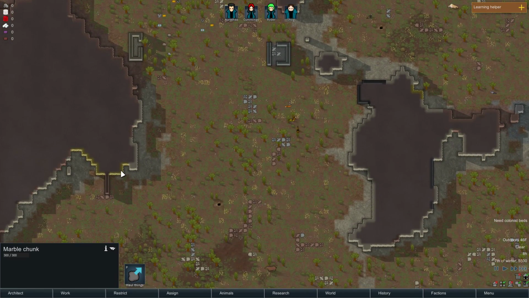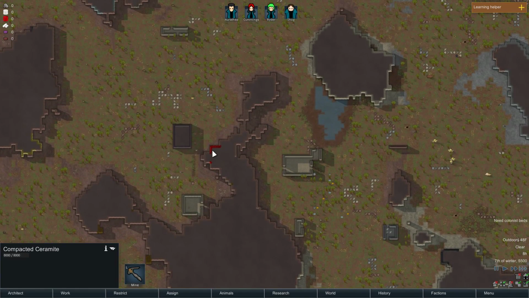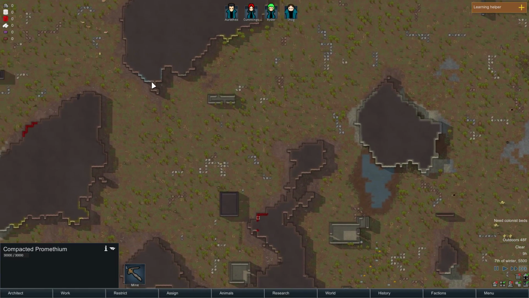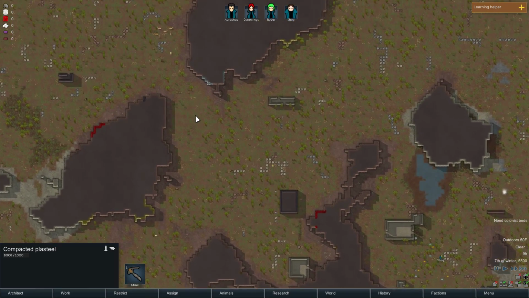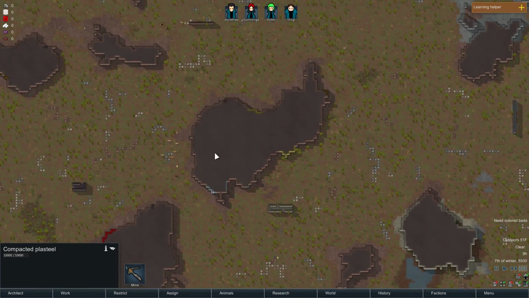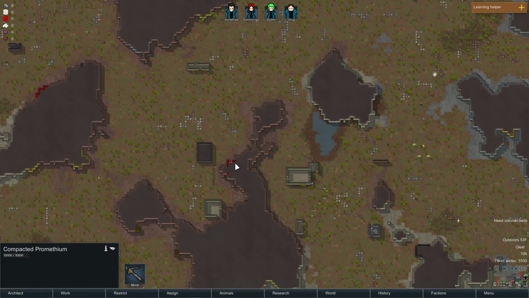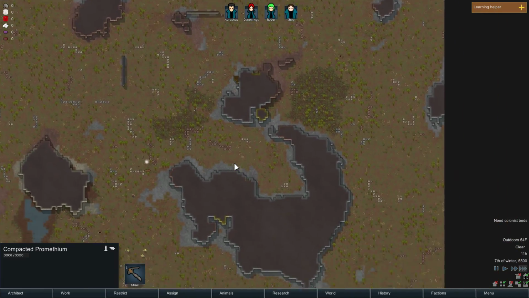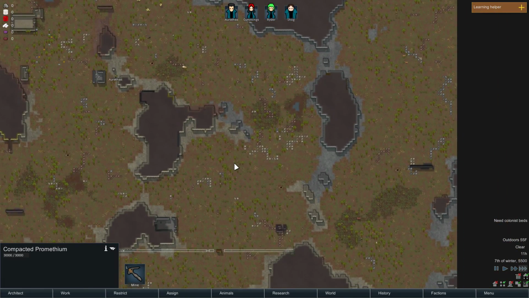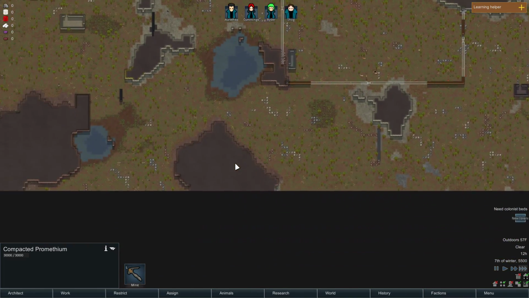I noticed some of this stuff, if you're wondering. Compacted ceramite, compacted promethium, and compacted, not plasteel. Plasteel's actually, yeah, the base game. But yeah, the ceramite, the promethium, and I don't see any just off the bat, but adamantite are new materials that the Astra Militarum mod